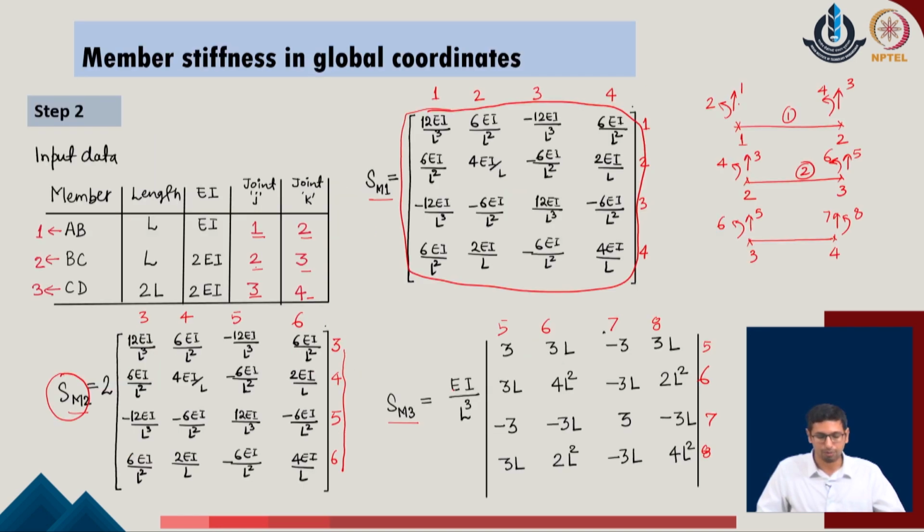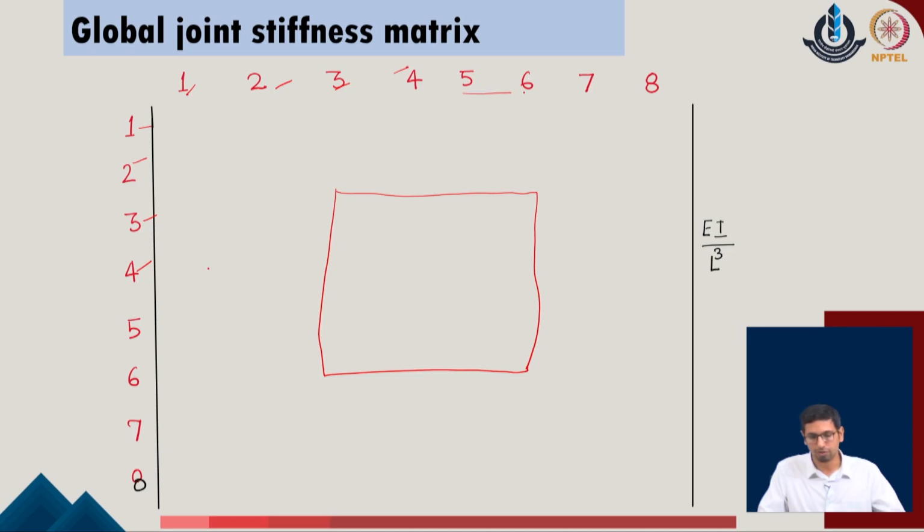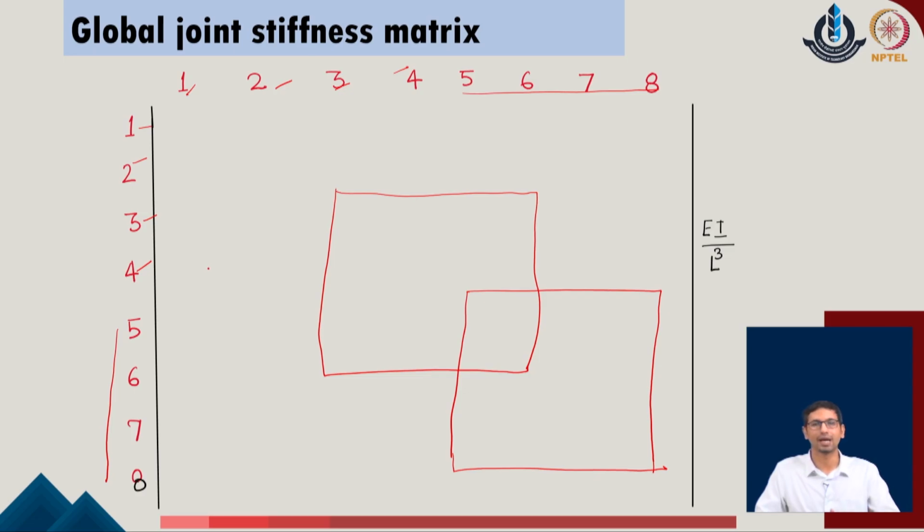Similarly, I will bring member 3 and its stiffness contribution. I see it is in the direction of degrees of freedom 5, 6, 7, 8. So, I will come to rows 5, 6, 7, 8 and columns 5, 6, 7, 8, and I will add the contribution in that position of the given system. We have already said that wherever an overlap appears, we will simply add the new contribution on top of the previously existing one. So, for member 1 we added the contribution, for member 2 also we added the contribution, and finally, for member 3 also we added the contribution.